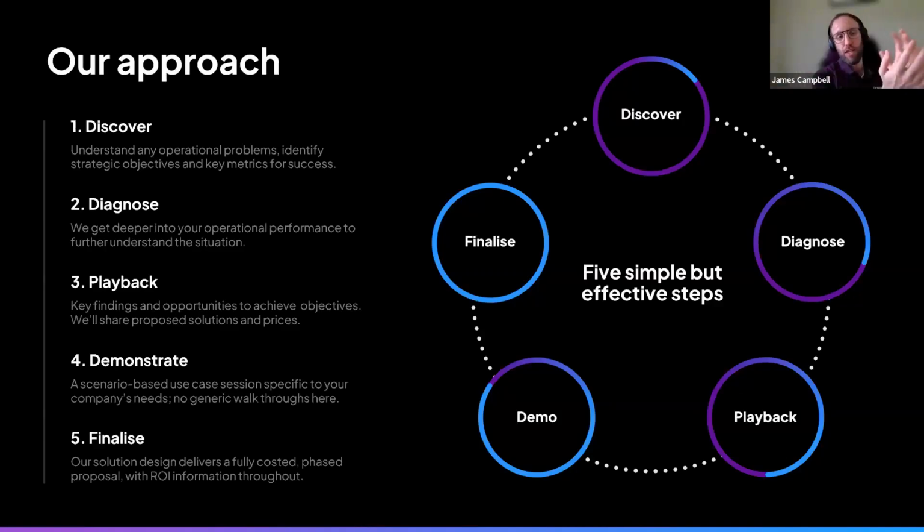And then we build a really highly tailored demo, based on specific use cases off the back of that. And again, very collaborative, looking at user interfaces, looking at integration capabilities, asking questions about, can we do this bit? Have we thought about that? And once we've got all that feedback, we're then in a position to put together a final, fully costed phased design, which forms a roadmap for the next 3, 5, 7 years of the engagement with